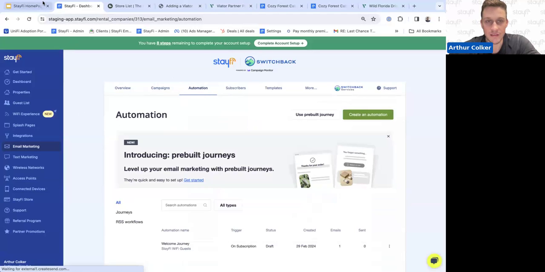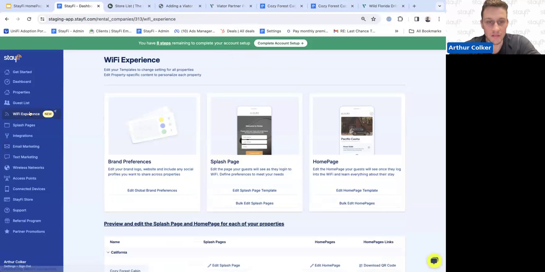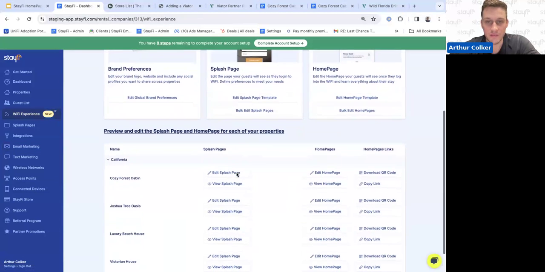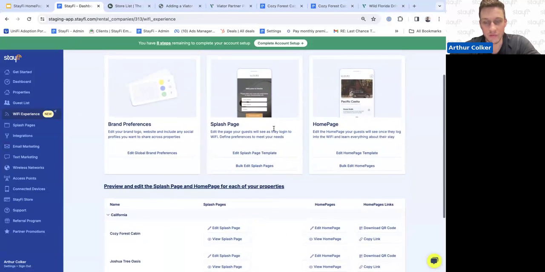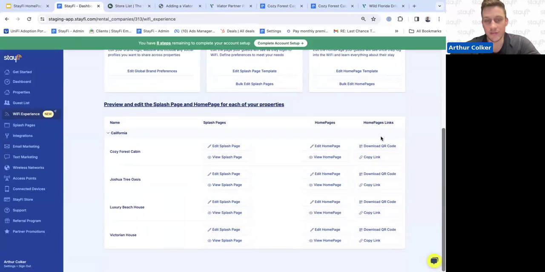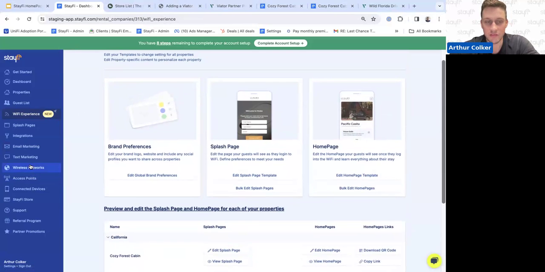Awesome. That is the entire presentation. As a reminder, you go to Wi-Fi Experience. It will walk you through the setup of creating your homepage. I definitely recommend turning on Viator and the HostCo, and then going into those two products and editing them and creating your Viator widget. And then as a last step, I would definitely make sure that you market this homepage